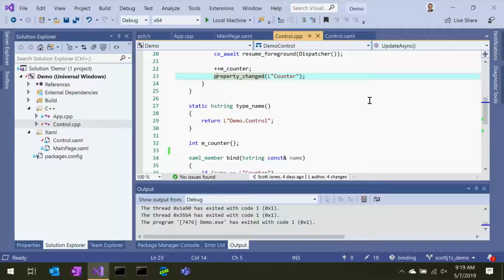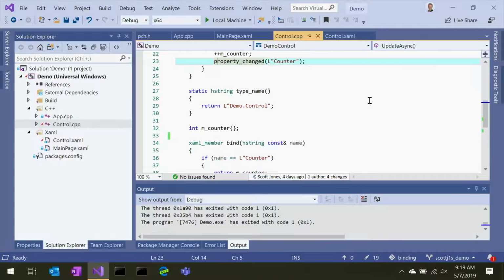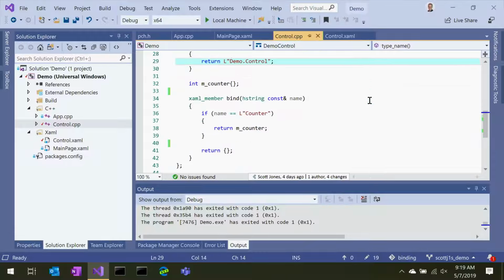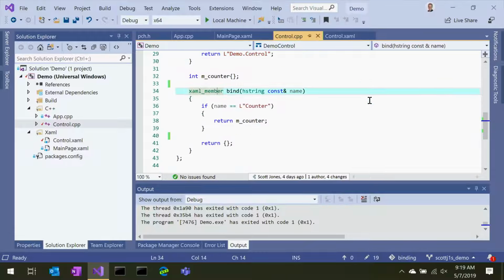The only required entries for this XAML user control are the supply of a Windows runtime name for XAML, and the definition of a bind function. This is the heart of the library. This is where it really lights up. The bind method is called once by the XAML runtime, which caches the result. It's looking for metadata.